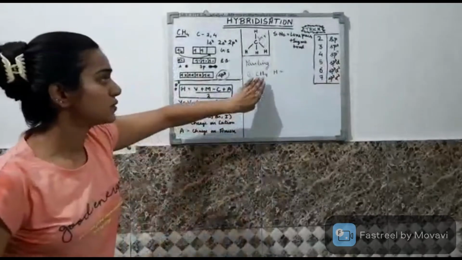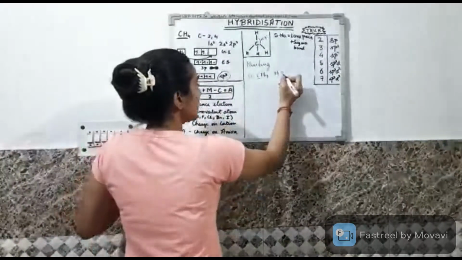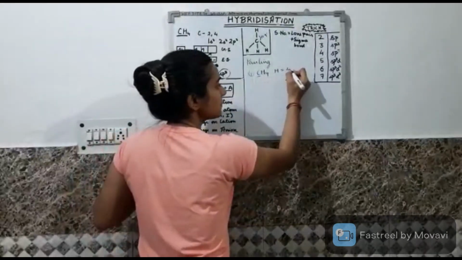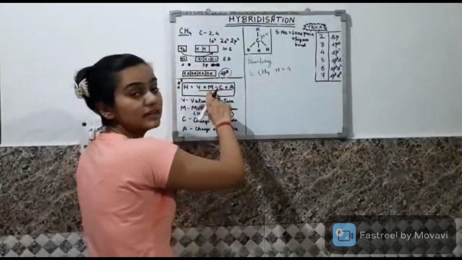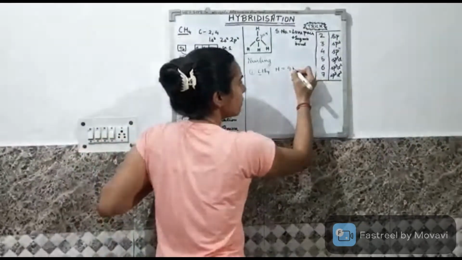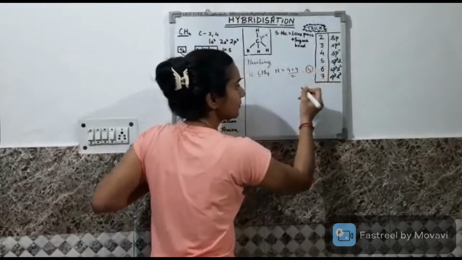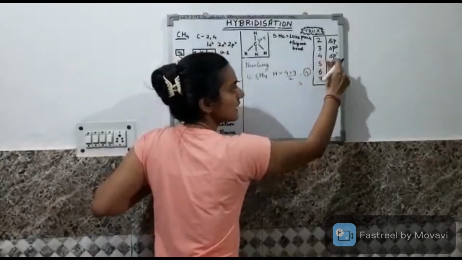In methane, the central atom is carbon. So H will be, number of valence electrons is 4, and number of monovalent atoms, that is hydrogen, there are 4 hydrogens, so 4 plus 4 by 2, which will give you 4. 4 means sp3